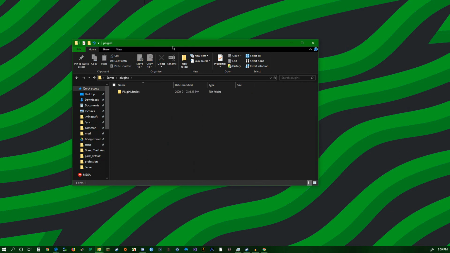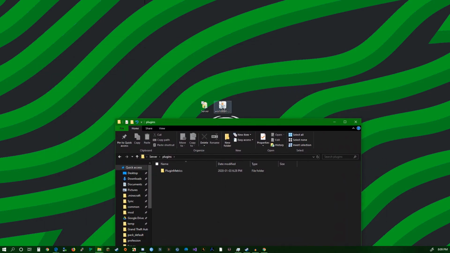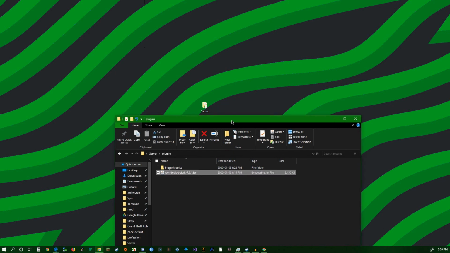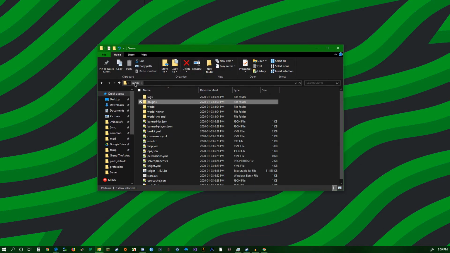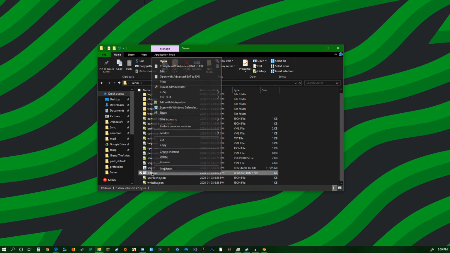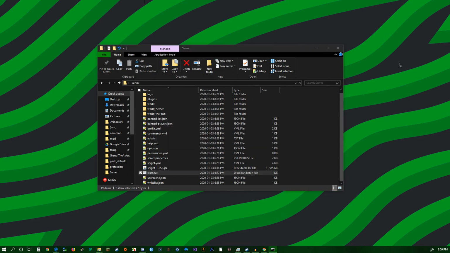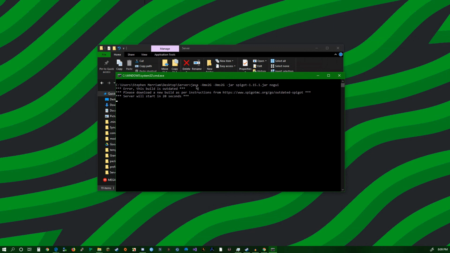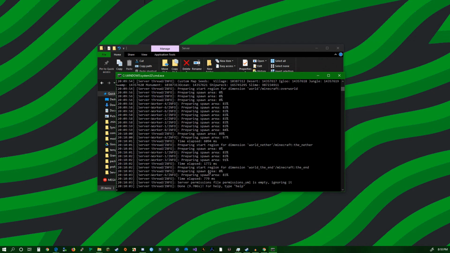Open up plugins, and drag this World Edit into plugins, just like that. Go back to server, start, run it, and it might be a little bit faster this time because it's not generating a new world. And there you go. As soon as you see this done, you want to leave this server open